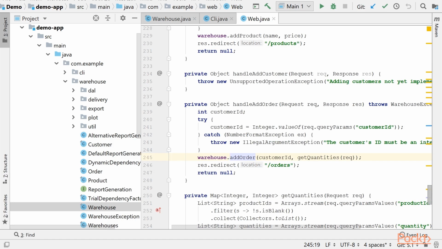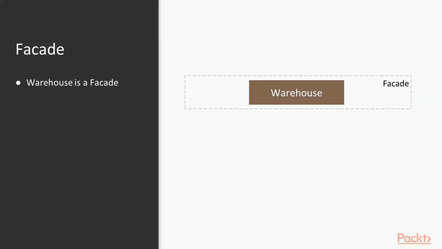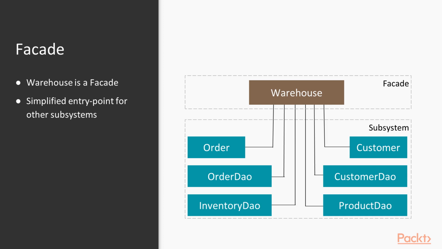Let's see what is a facade and what isn't in this scenario. The warehouse class is our facade in this scenario. It is a simplified interface in front of other subsystems in our codebase. By subsystem, when talking about the facade pattern, we mean other classes in our codebase which provide some useful facilities, like DAO classes or data classes like order or customer. The warehouse class's add-order method encapsulates the complexity of using other subsystems to provide the functionality to add new orders